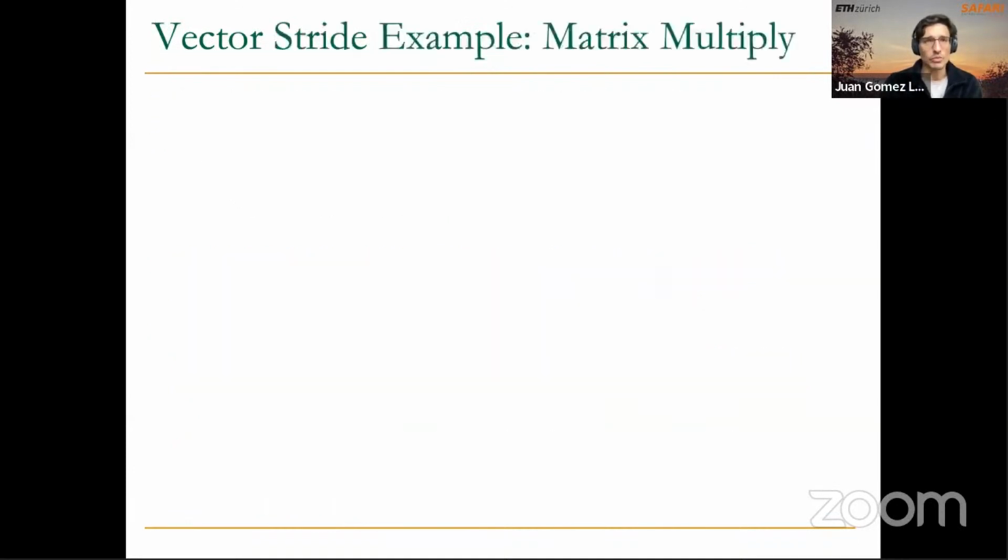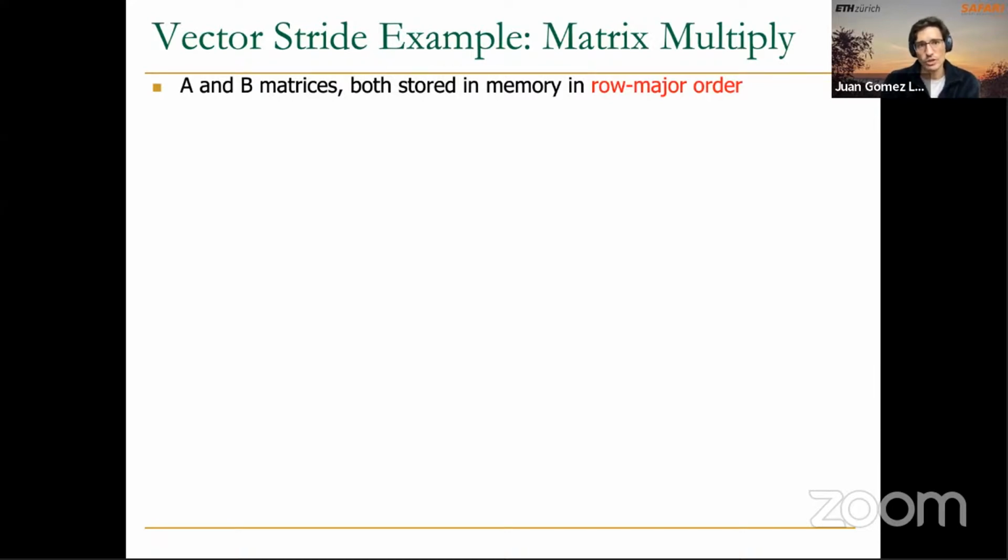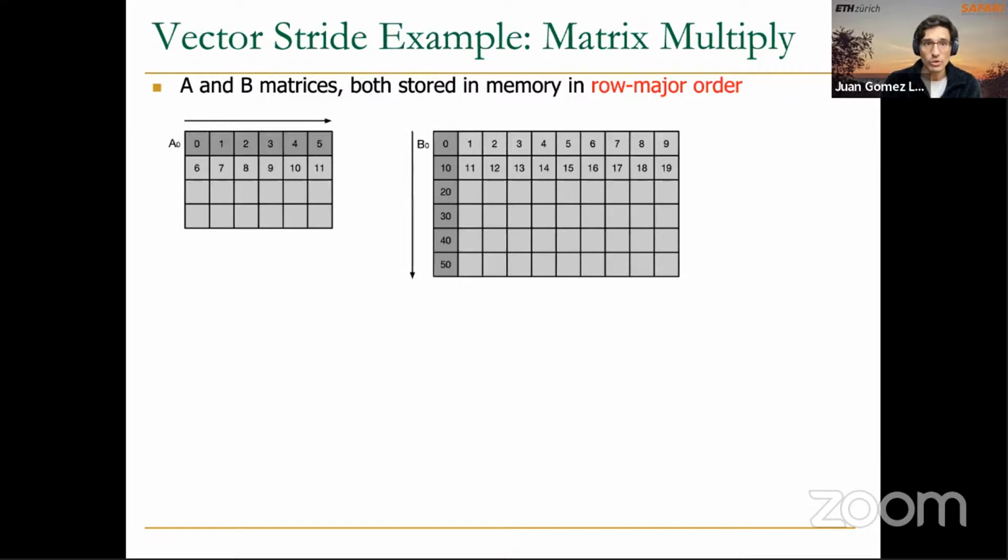So that's what we normally call the stride. And in order to better understand the definition of a stride, let's take a look at a matrix multiplication example. As you know, matrices are 2-dimensional data structures, but they are stored in memory in a row major order. So if you look at these 2 matrices that maybe we are going to use for a matrix multiplication, this